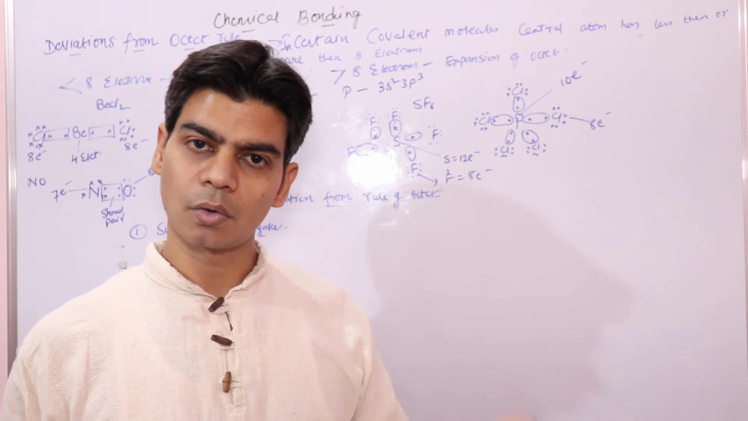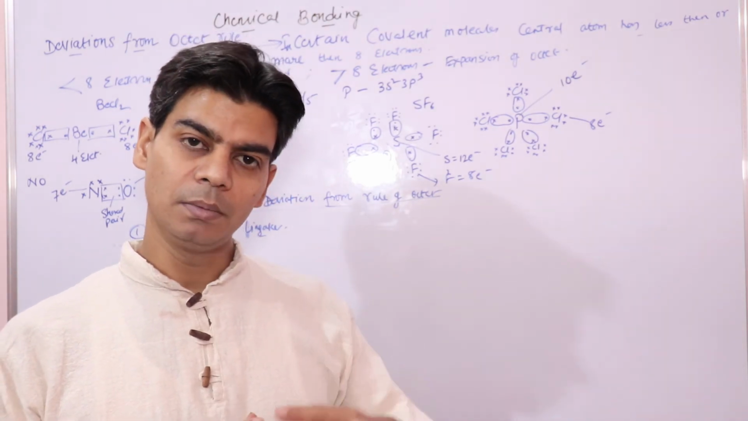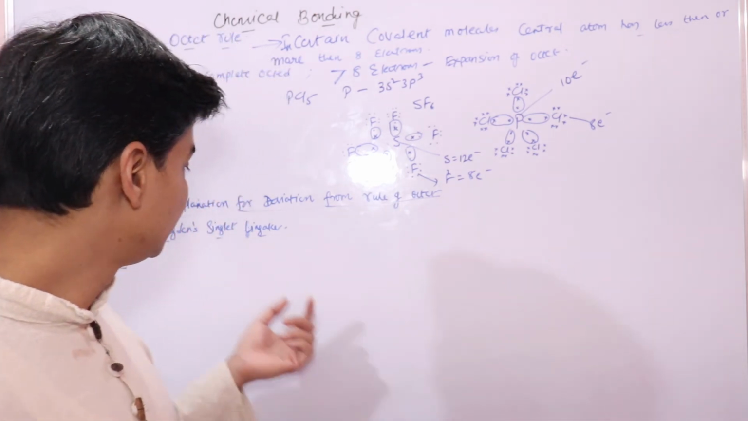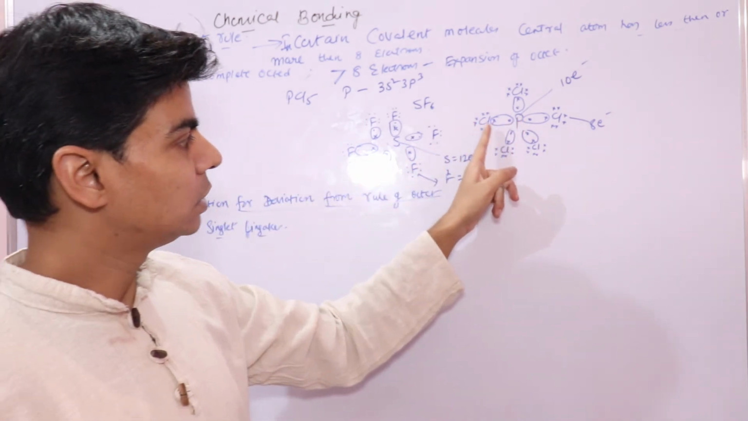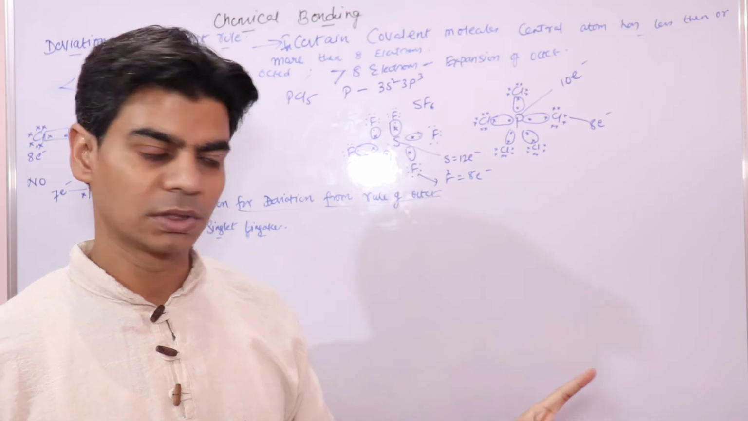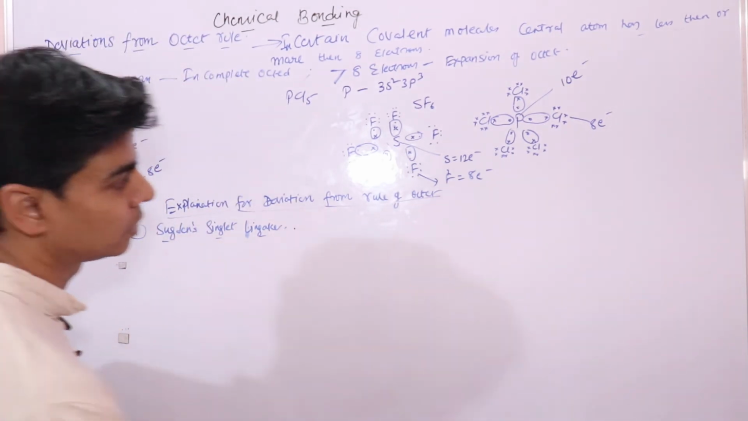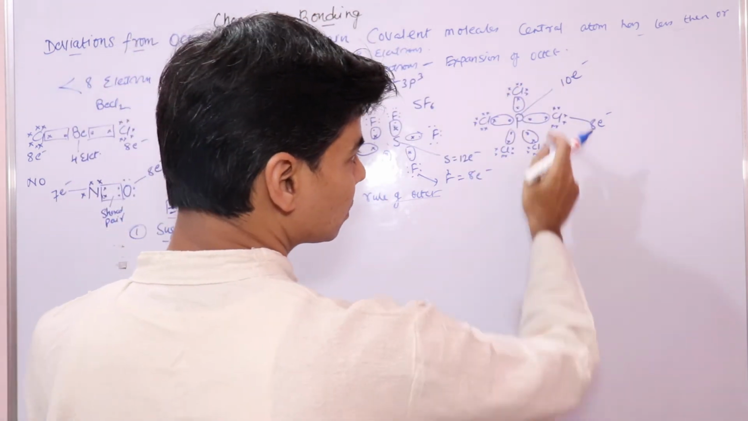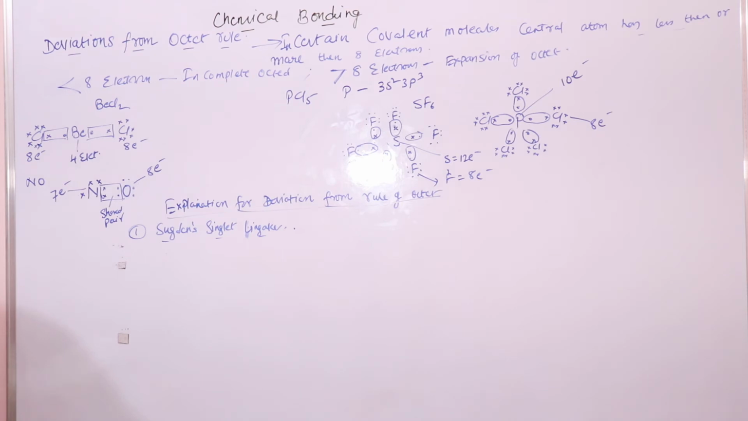It always maintains an octet. And how does it maintain an octet? By having some bonds that have only single electrons. These bonds are known as singlet linkages. The central atom is linked to other atoms using single electron bonds, so that's how it maintains the rule of octet. So how will you draw the structure of phosphorus pentachloride? The structure of phosphorus pentachloride will turn out to be,